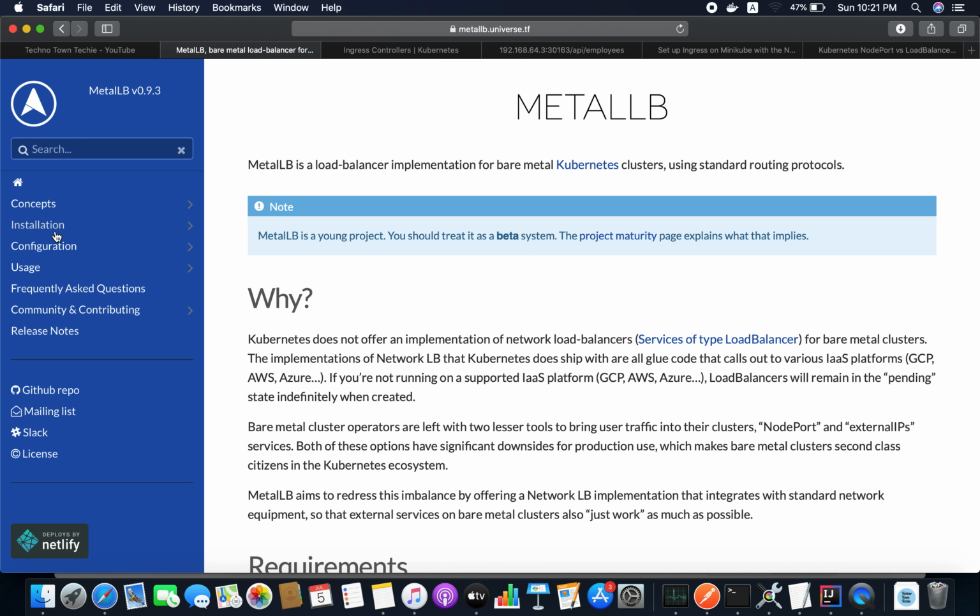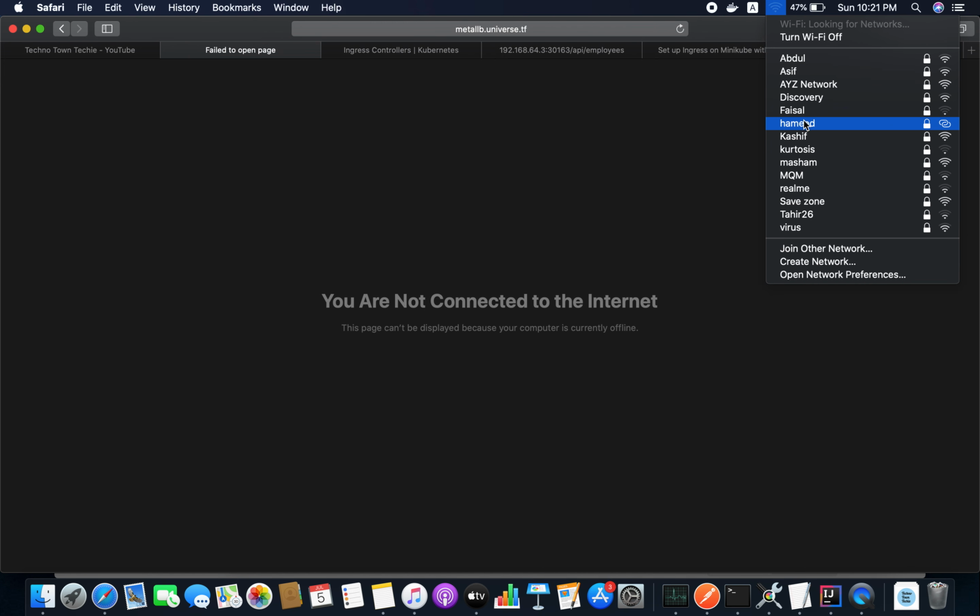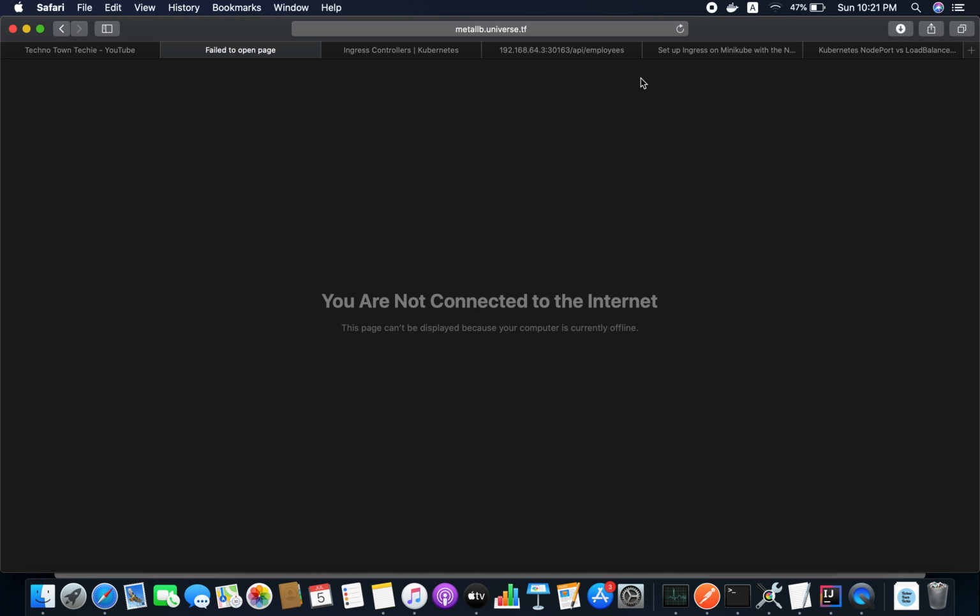I'm going to install this bare metal load balancer.